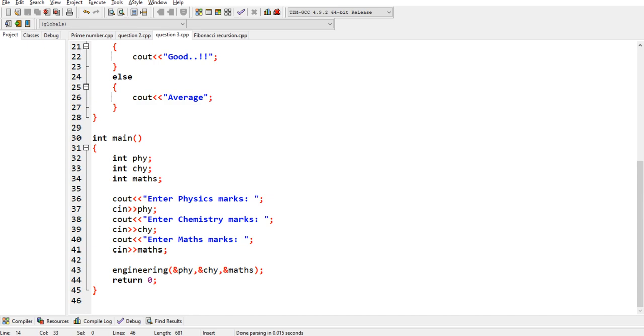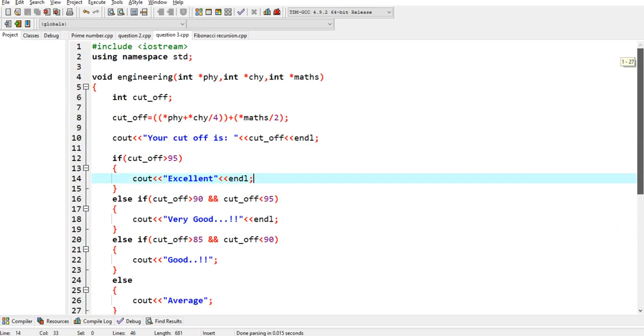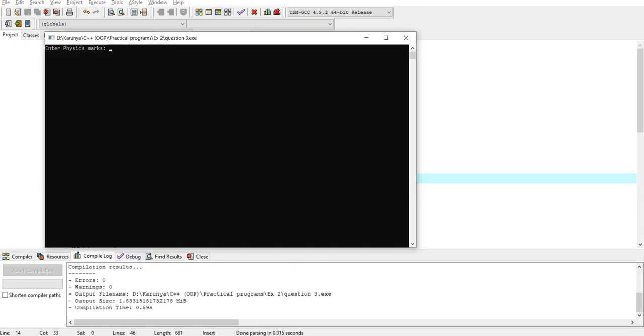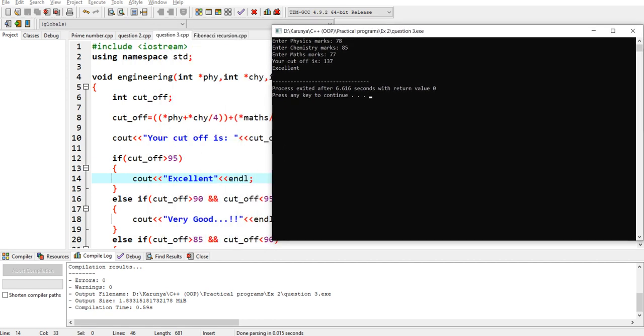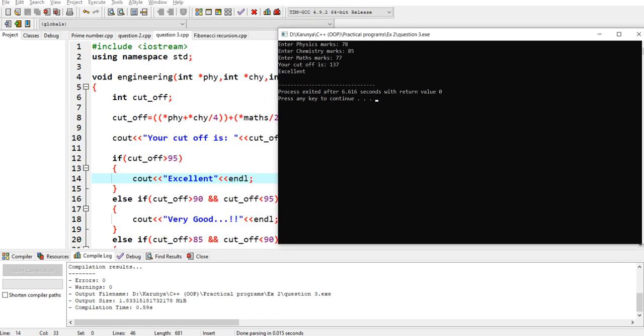So I'm running the program. Enter the physics marks. So this is the output screen.